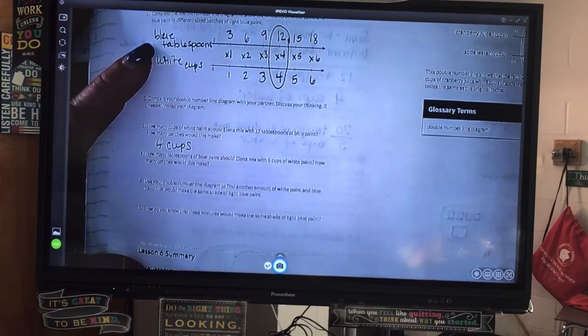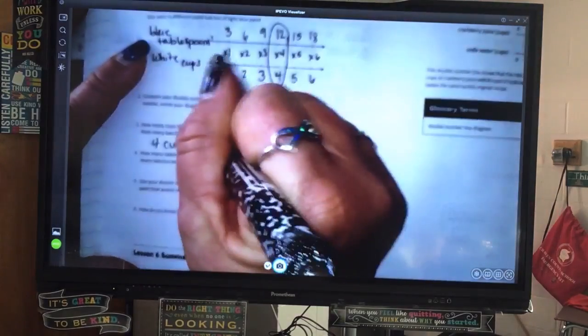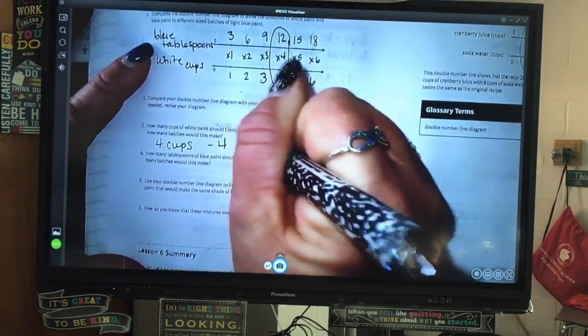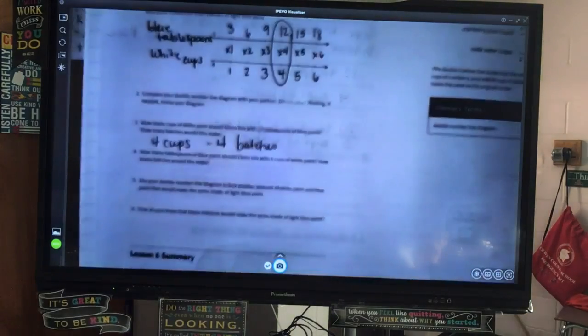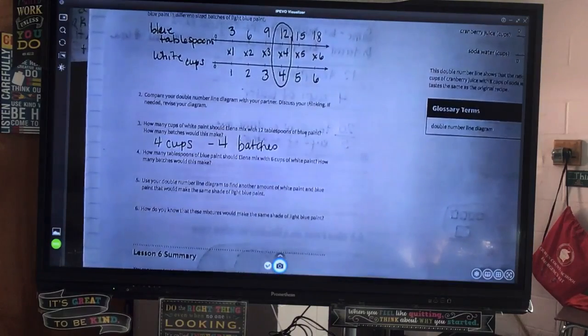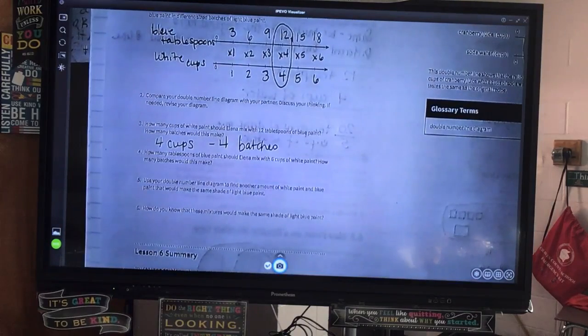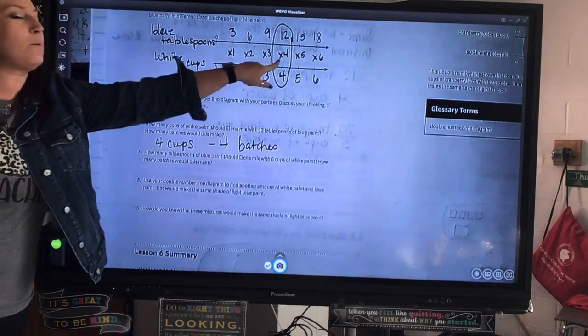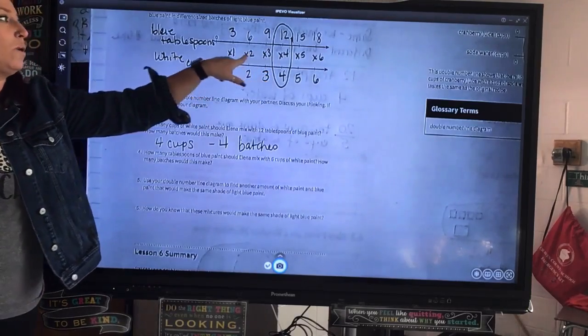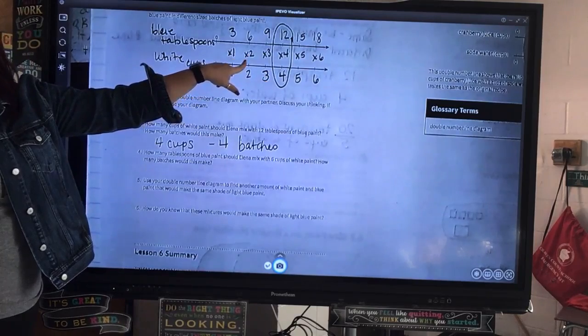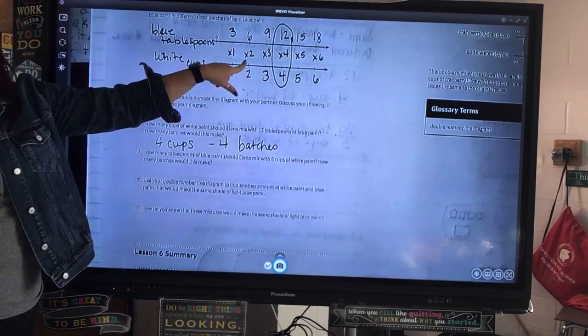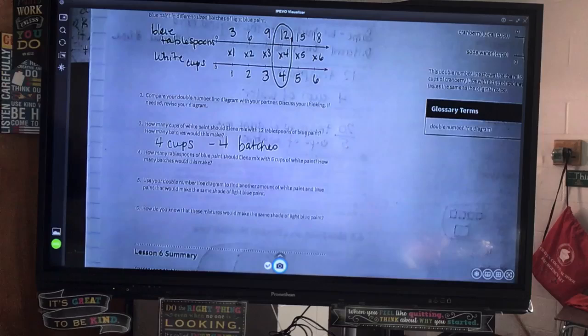No? And how did you figure that out? Well, not that you multiplied 4 by 3, but you're essentially multiplying by what? 4. So what if we multiplied by 2? How many batches would we have? 2. Okay, so just making sure you understand the number that you're multiplying by to get your